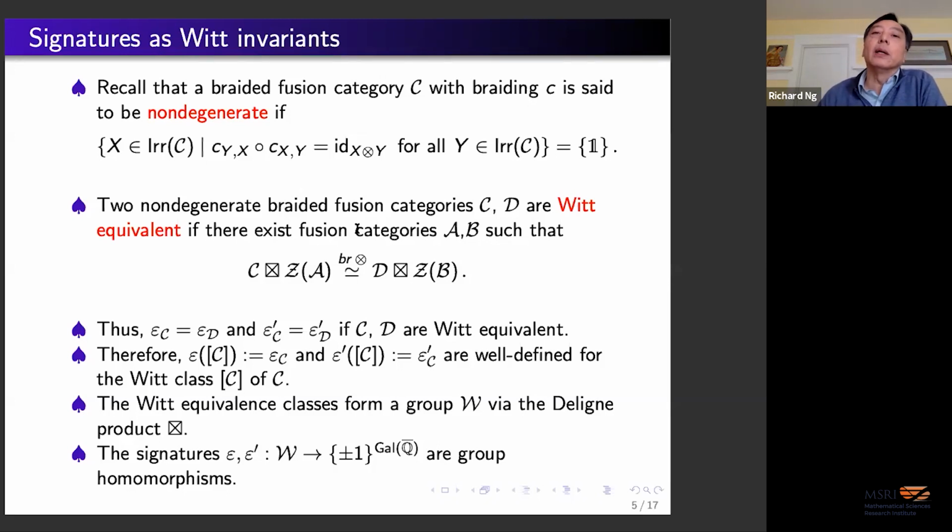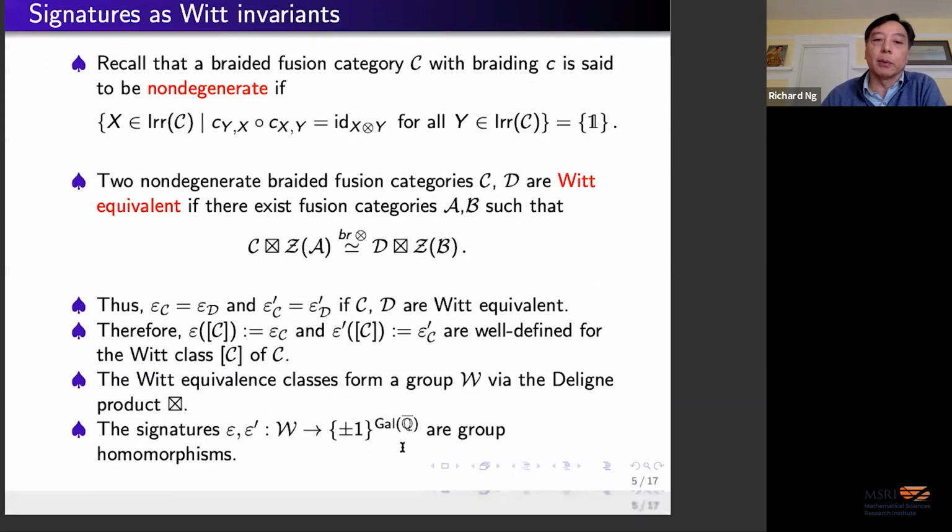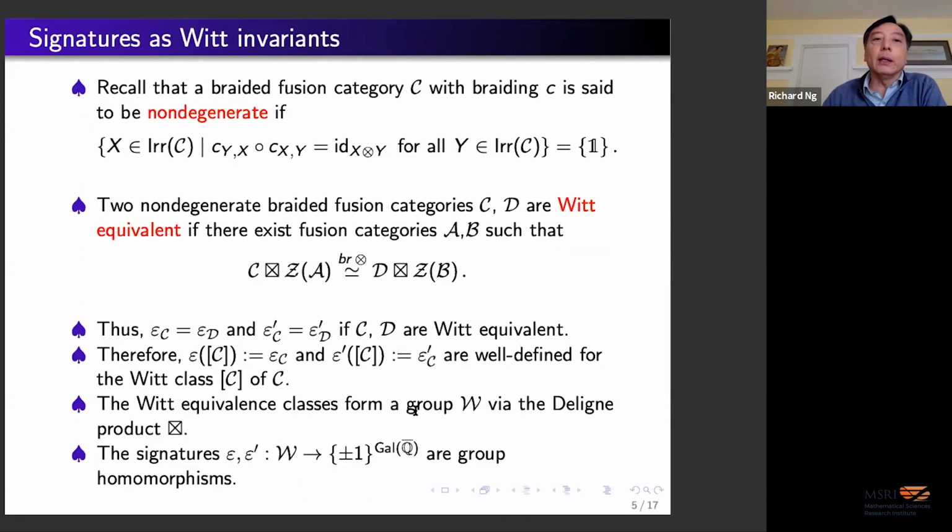So now we know that the signature can be viewed as a group homomorphism on the Witt group to the functions from the Galois group to plus or minus 1. So any questions? So any Witt class gives you a function from the Galois group to plus or minus 1, and this is respecting the Deligne product. So now we